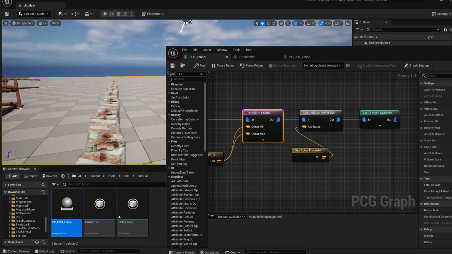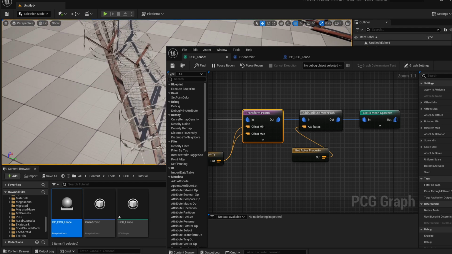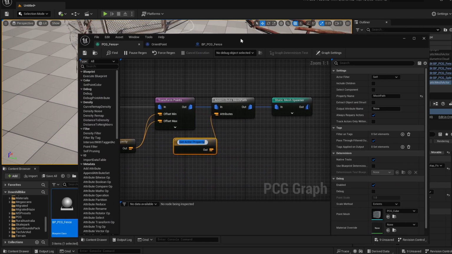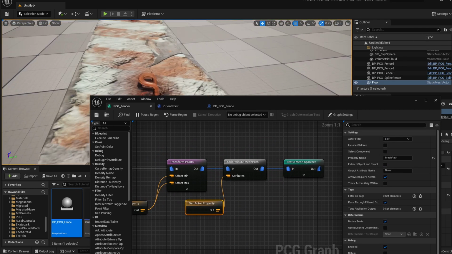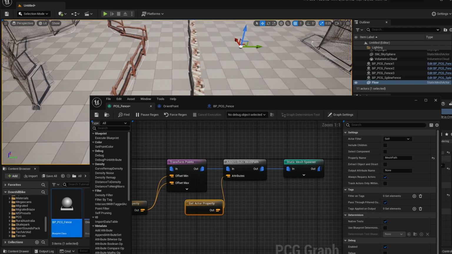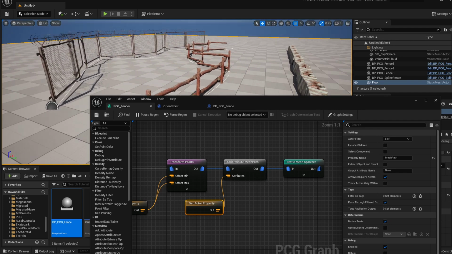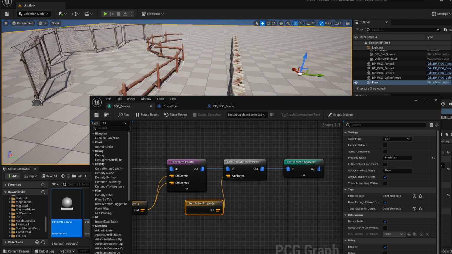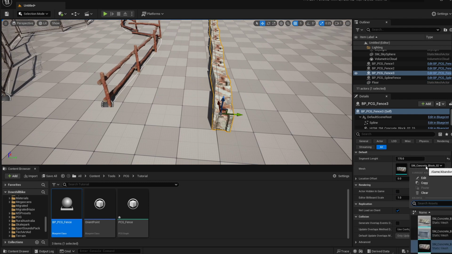I have some variation here, but I'm breaking all of my other fences by doing it in the PCG graph itself. So we need to do the same thing like we did before for the offset, for the translation. We need to do it for the rotation now. And to be able to rotate our object and as well add an offset, we need actually to have two values. Because, for example, if I have a fence,